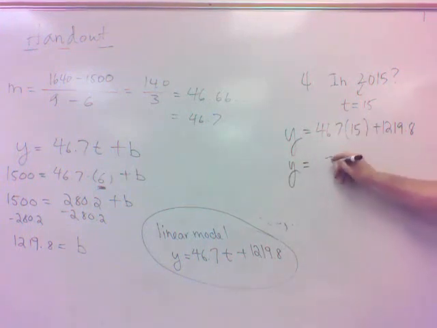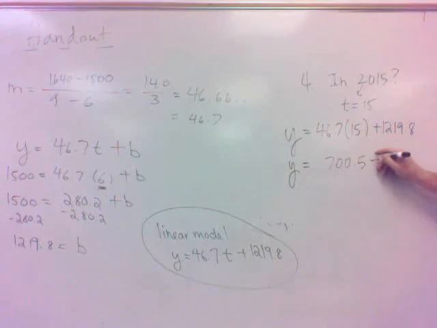46.7 times 15, 700.5. So 700.5 plus 1219